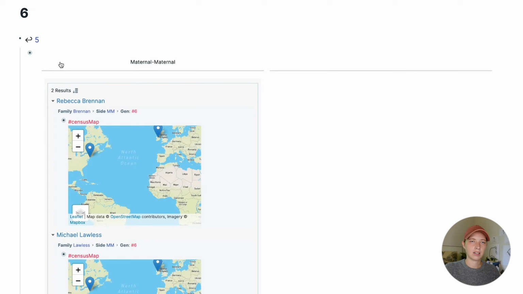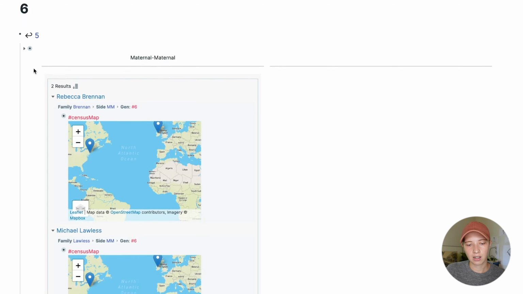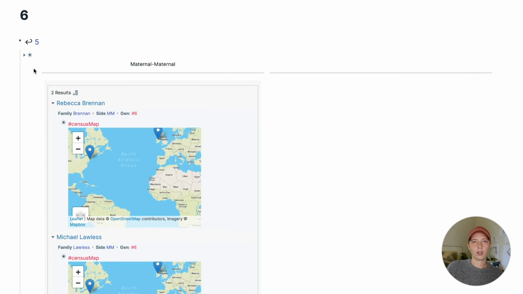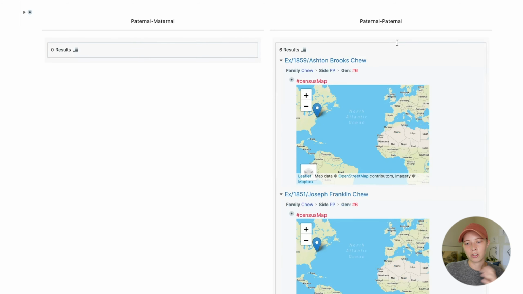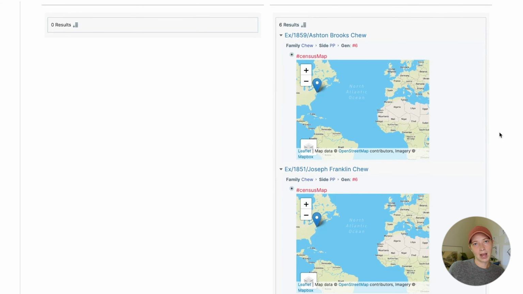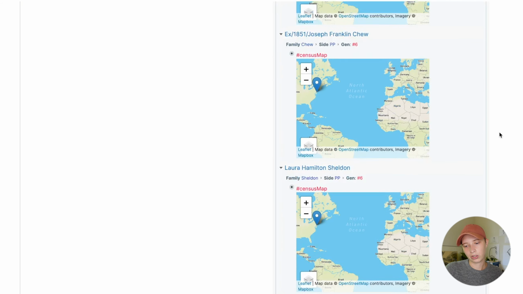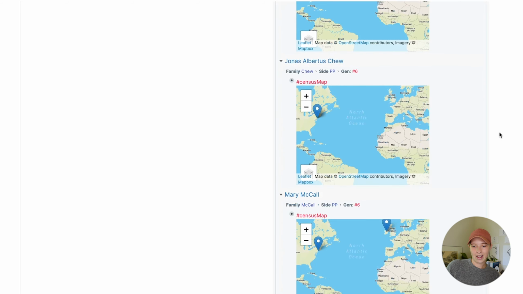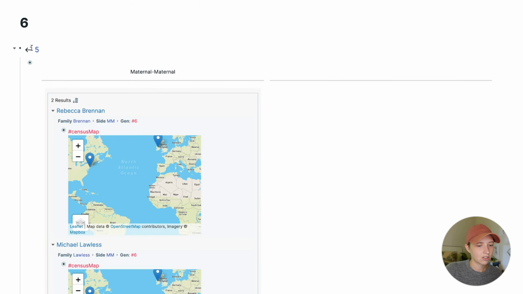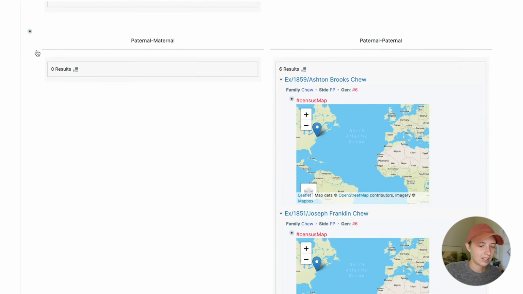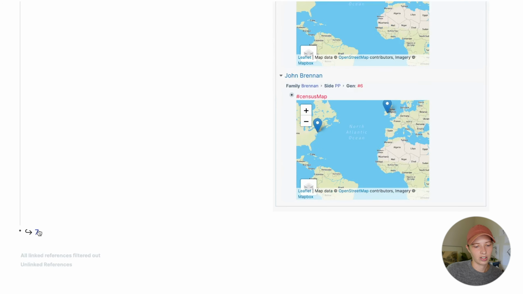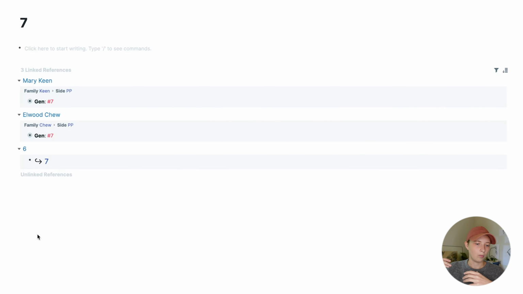There are two Kanbans that show me on one side it is maternal, and everyone that is in generation 6 on my maternal side. Then I have paternal, and all of their maps as well. So I can just scroll down and see where they're at. I also have links to previous generation, and down at the bottom is the next generation 7, where I have